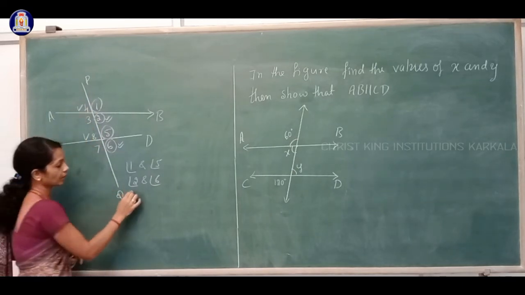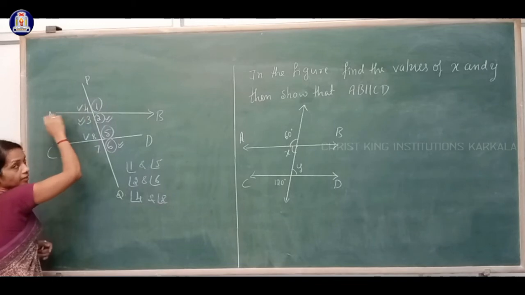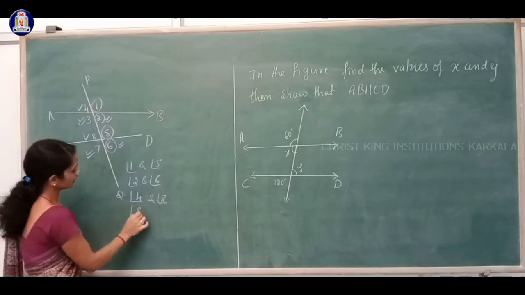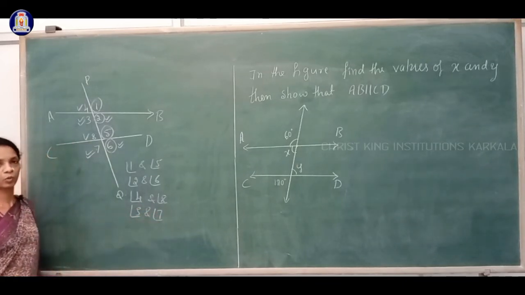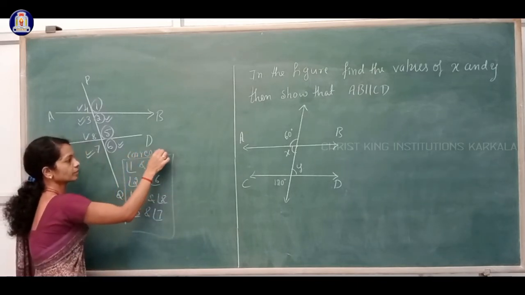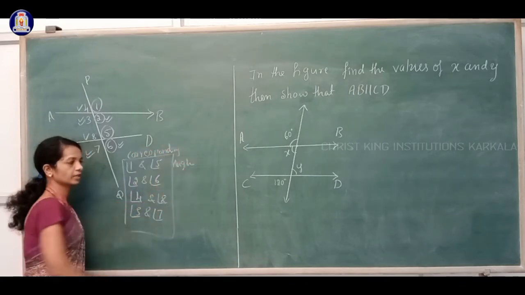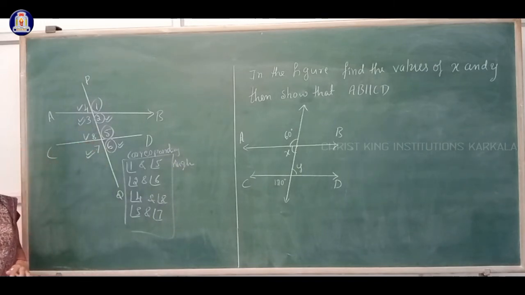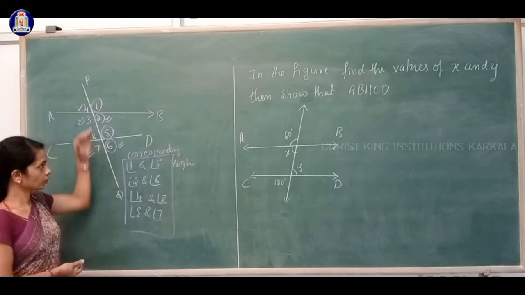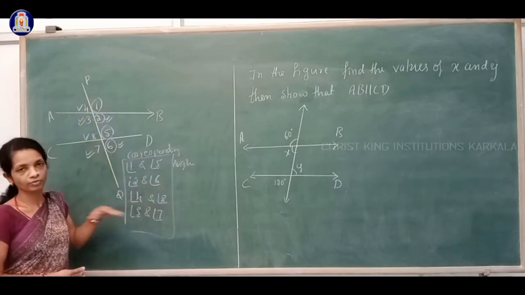Both angles 4 and 8 are above the lines. Below line AB is angle 3, and below line CD is angle 7. So angle 3 and angle 7 are also a corresponding angles pair. So how many corresponding angle pairs do you have? In these 8 angles, there are 1, 2, 3, 4. Four corresponding angle pairs are formed. So when two lines are intersected by the transversal, you have 4 pairs of corresponding angles.